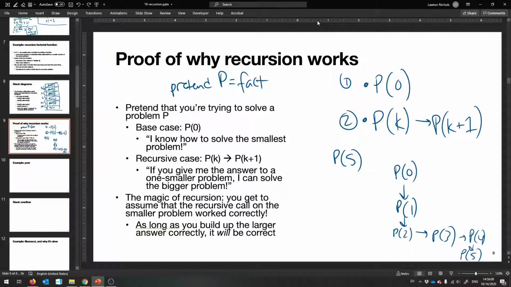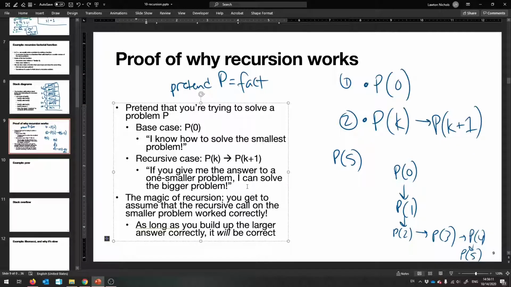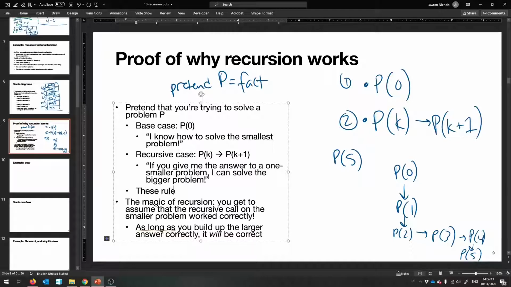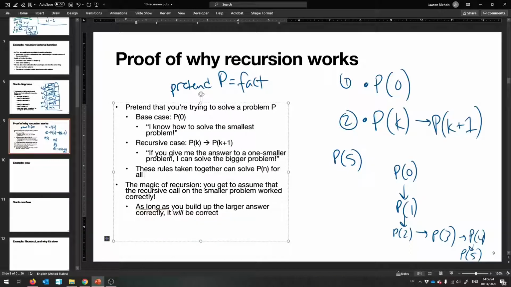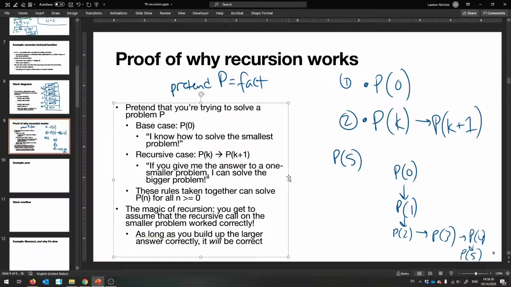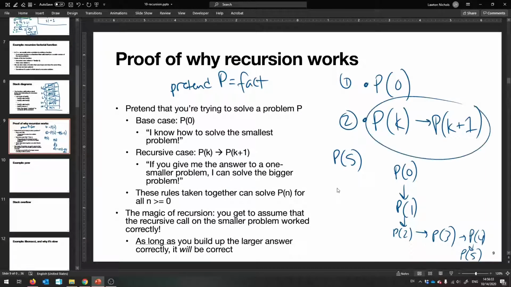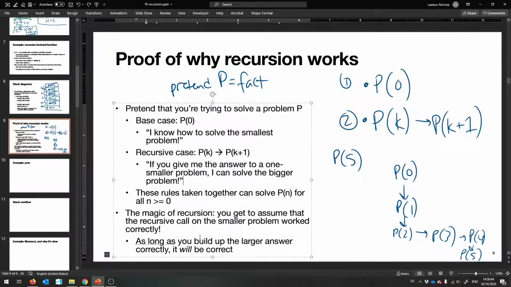This means, taken together, these rules can solve any problem. And I hope you see that. You can use P of 0 to get started, and then use this second rule to build up as big of a k that you want to solve, as big of an n as you want to solve. So you can solve factorial for anything. And that's beautiful. And now I need to show you the magic as well, because that's how we think about